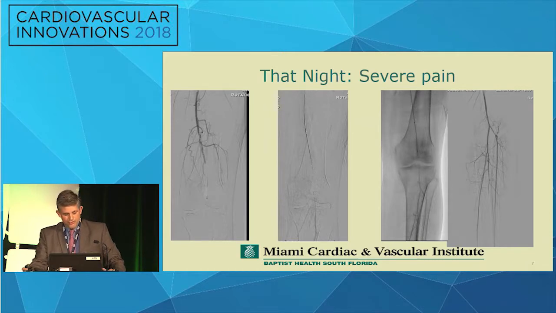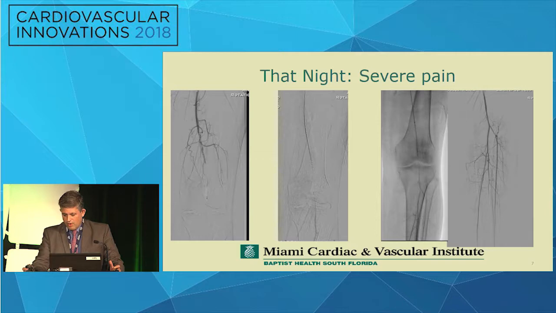After about 5 hours, severe pain, had to come back in and really assess her overnight, because basically you're getting into a threatened extremity. And you can see when we got in there what we found. Basically, that whole popliteal artery pretty much occluded. I can tell you that catheter wasn't occlusive when I finished, but it became occlusive.